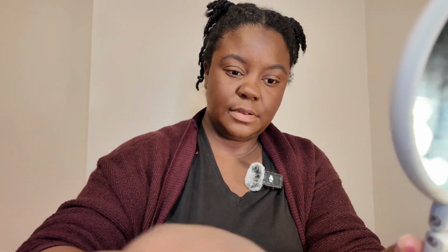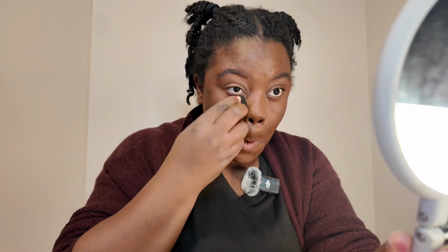Set the nose. Set the chin. Then I'm gonna go in with my damp beauty blender and just kind of set the inner corners. And then same thing with the other eye. And then I'm going to use the bottom. Kind of like loosely set